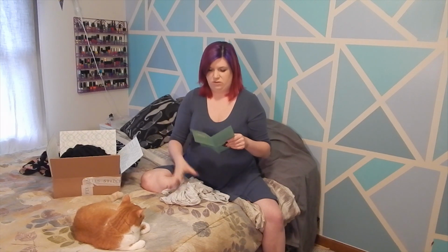So just for this plain gray t-shirt, it's $48 for this t-shirt. And for me, that's a lot of money. So, no to the t-shirt. This shoulder top was $36. This sweater